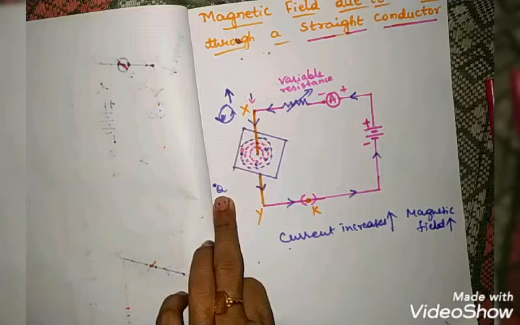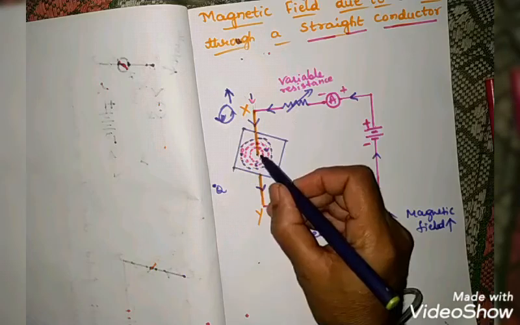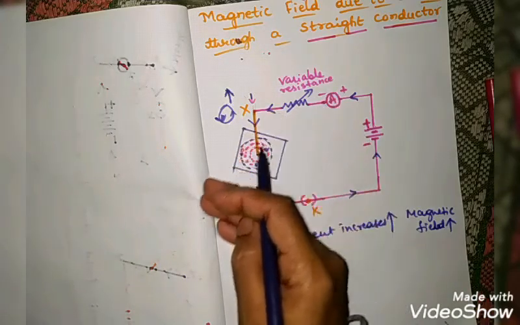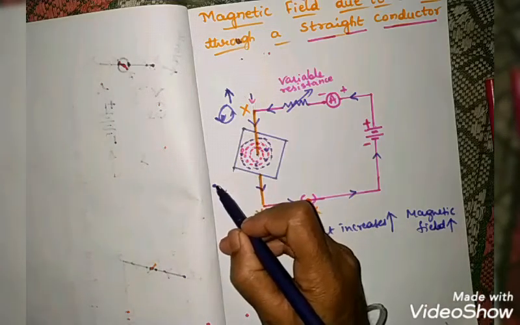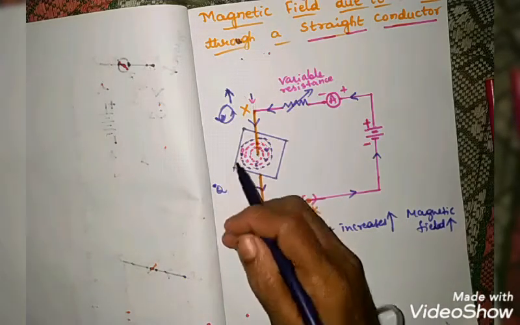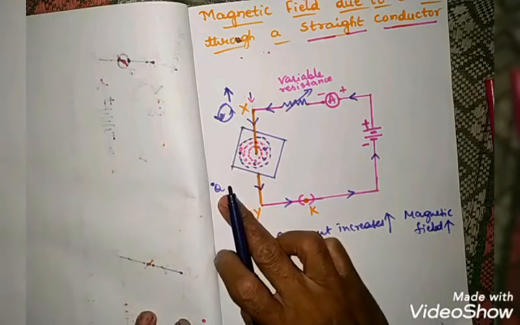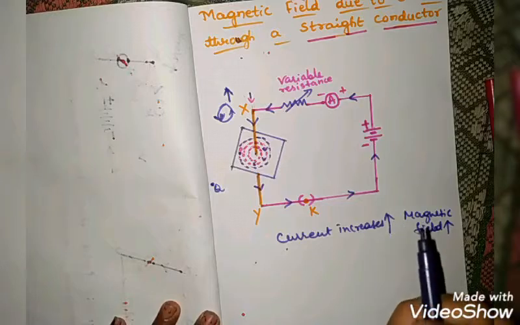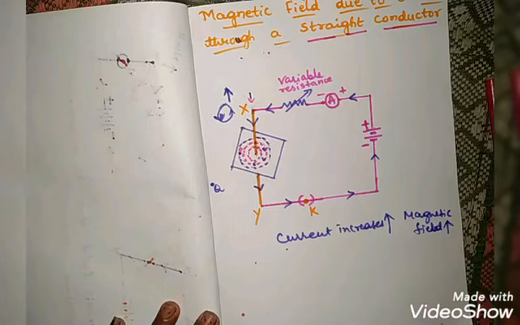What change do we observe? We see that the deflection in the needle decreases. We have moved away from the conducting wire, to a farther point. At this point, the compass needle, that is the magnetic compass, is kept. If you observe the deflection in that magnetic compass, it is seen that the deflection decreases as the distance from the conducting wire increases. Thus, the magnetic field produced by a given current in the current conductor decreases as the distance from it increases.